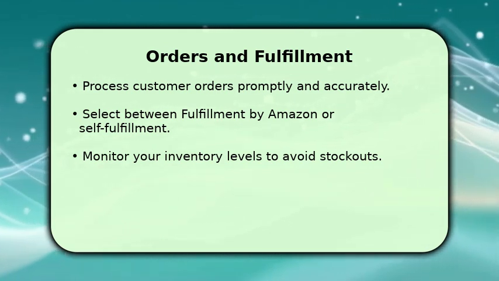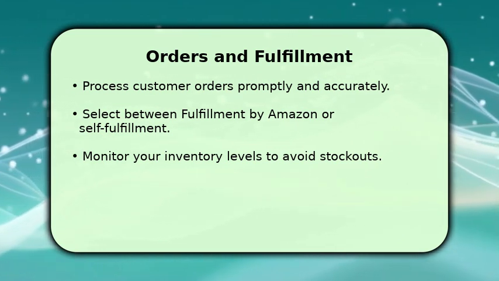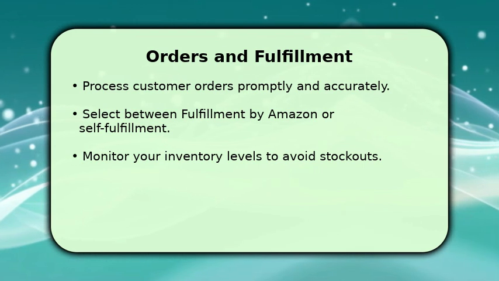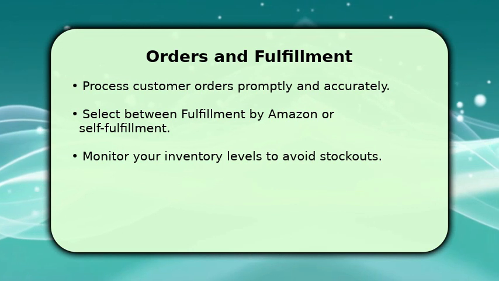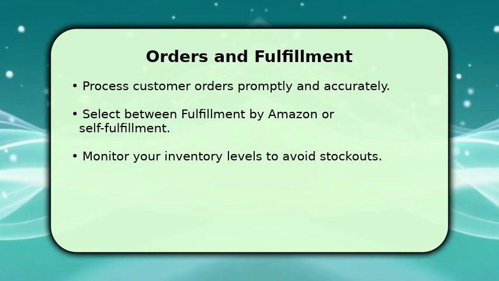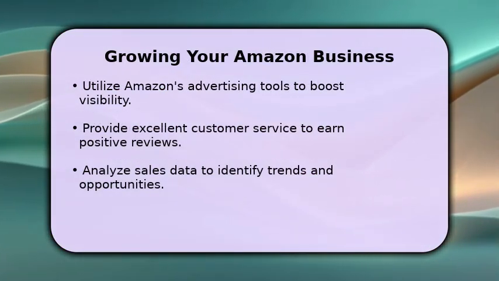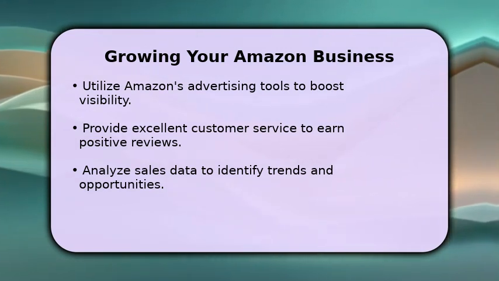You have 2 main options for fulfillment: Fulfillment by Amazon, where Amazon handles storage and shipping, or self-fulfillment, where you manage everything yourself. Regularly monitor your inventory levels to prevent stockouts and ensure your popular items are always available for purchase. To truly grow your Amazon business, consider utilizing Amazon's advertising tools, such as sponsored products, to boost your product